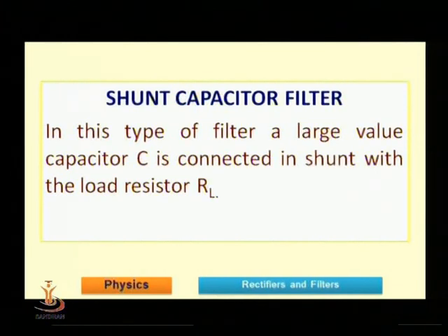There are, as I listed earlier, capacitor, inductor, LC and pi filters. Now here I would like to explain why these components, inductor and capacitor, are used as a filter. Inductor, capacitor and resistor are the electronic components used in electronic circuits. A resistor gives you resistance. An inductor is also an electronic component and has certain resistance. As well, a capacitor may have some resistance.